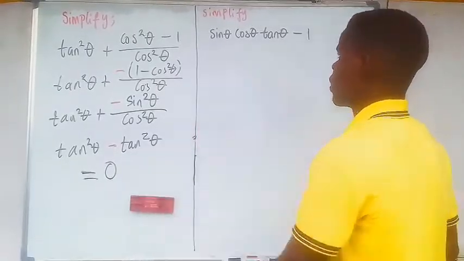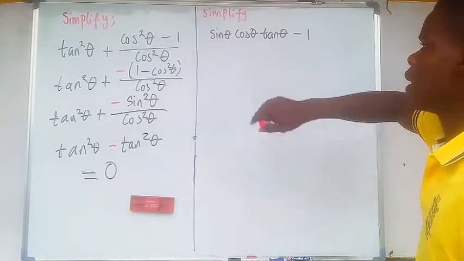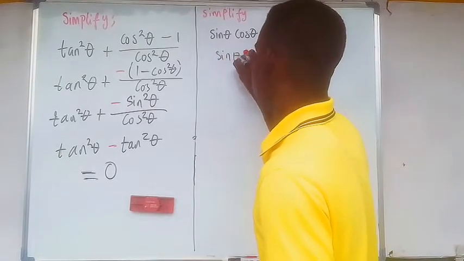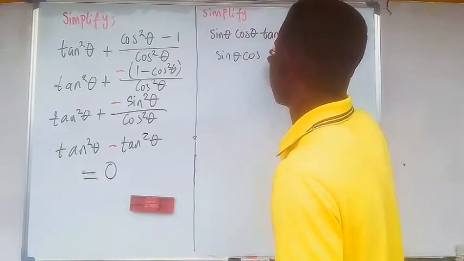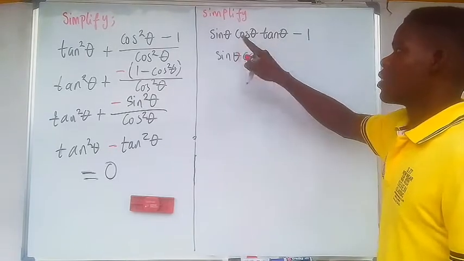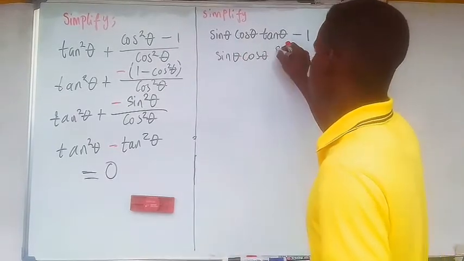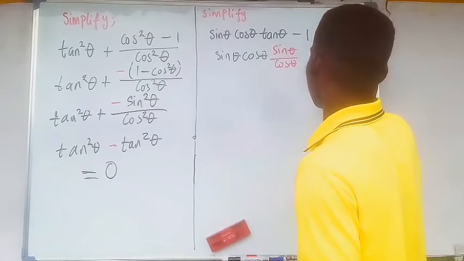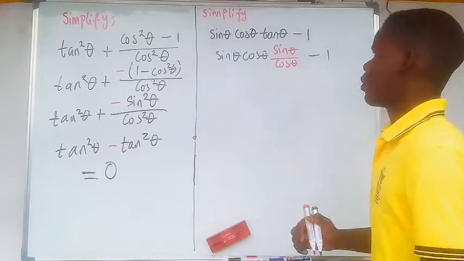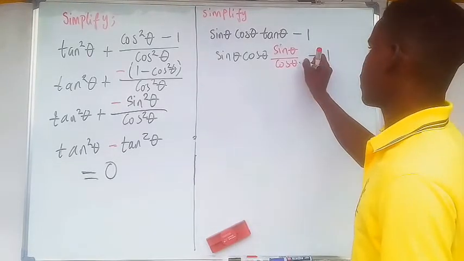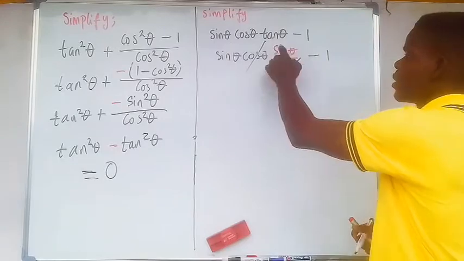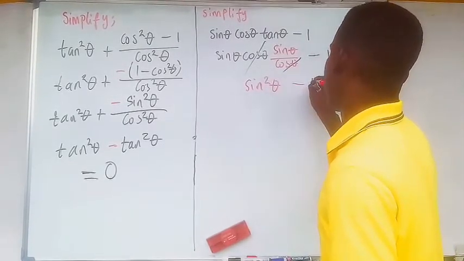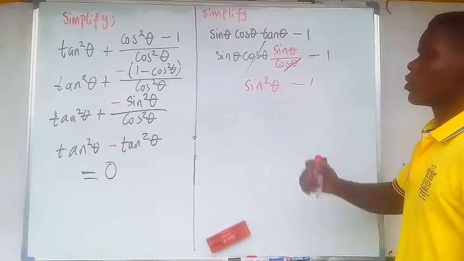Okay, let's go back to this one right here. We have to simplify this. I'll just go ahead and plug in some things to make this smaller by saying tangent theta is the same thing as saying sine theta over cosine theta. So that's just sine of theta divided by cosine of theta, minus 1. Here we can see that this and this will cancel out. So we have sine theta times sine theta, which is sine square theta minus 1, and sine square theta minus 1,